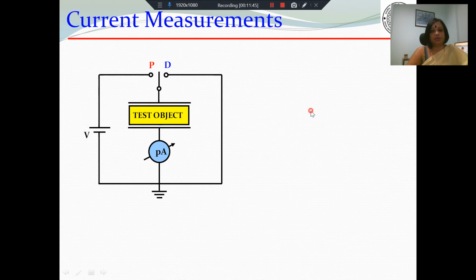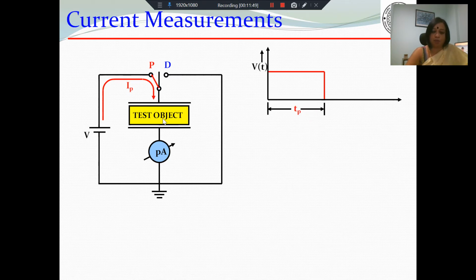So this is how we do the current measurements. Initially we have the test object and we connect the voltage. The test object is connected with the 3 electrode configuration, and you connect the voltage supply and the picoammeter across the test object, apply a step voltage, and the current that flows is called the polarization current. What is the polarization? The current that flows on